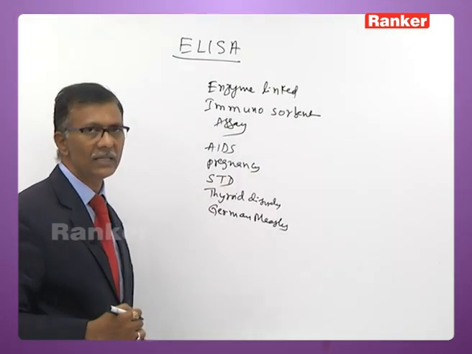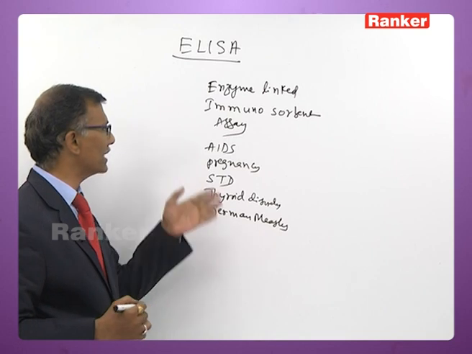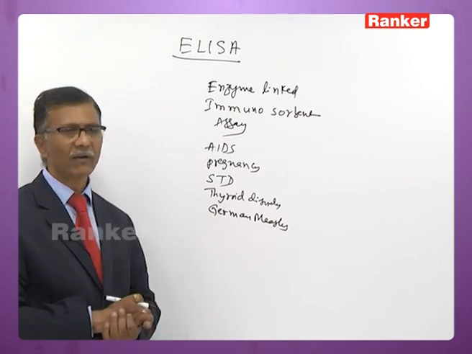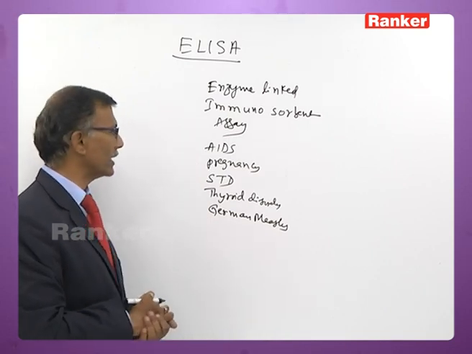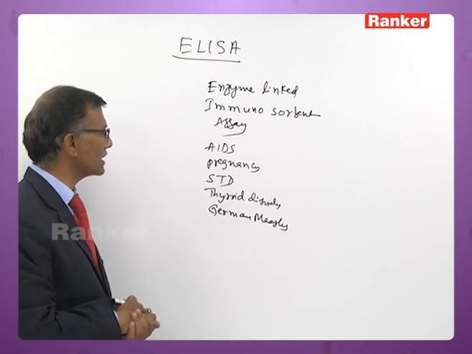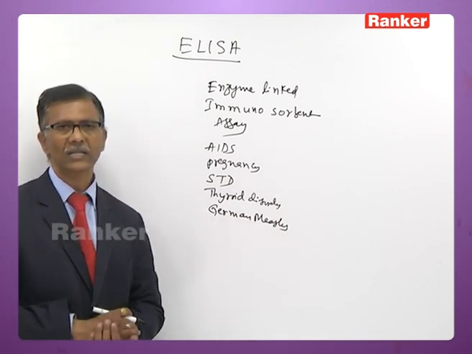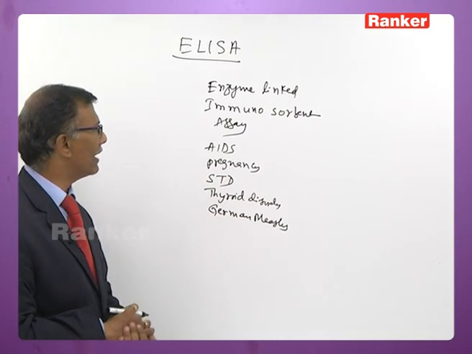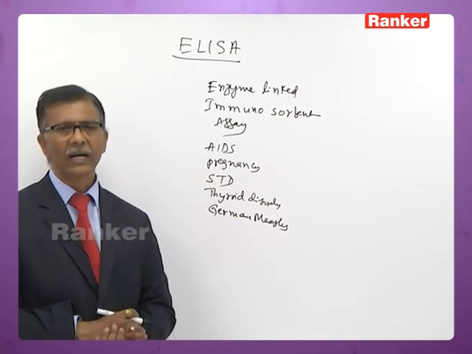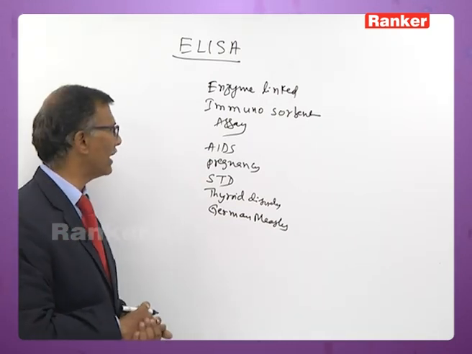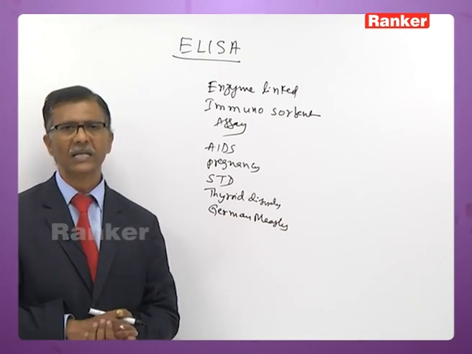So ELISA is used to identify all these disorders: AIDS, pregnancy confirmation, sexually transmitted disorders, thyroid disorders, and a viral disorder called German measles. It's invariably used as a diagnostic procedure to identify AIDS, whether the person is HIV positive